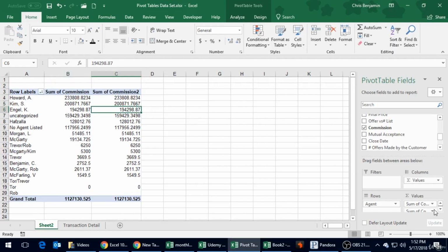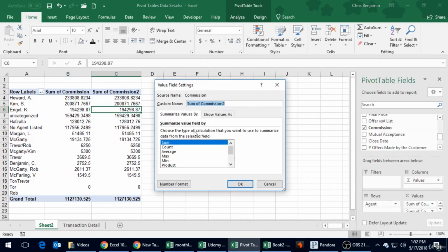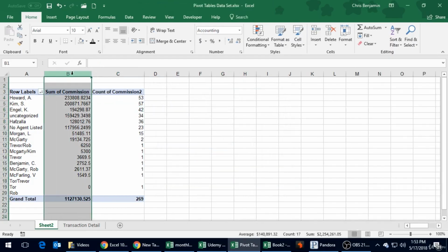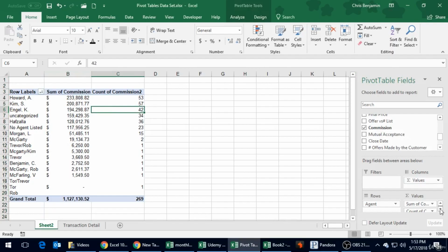So if we go down here and we choose that second one and go to value field settings again, we have all the same things, the count. So if we wanted to, we could actually put count right next to it. We could format this by dollars. So all those things we did where we kept choosing different ones, we could put the sum, the count, the average right next to each other. That might be useful. But something else you could do, and this is what I actually want to get to showing you,